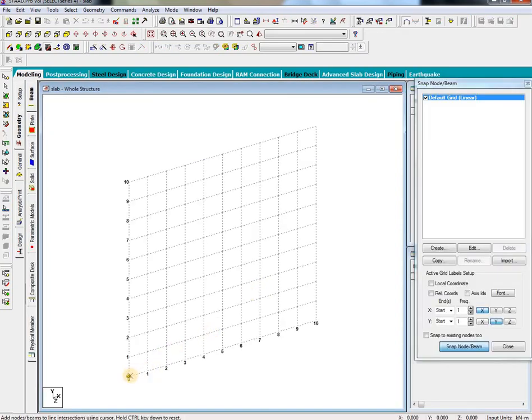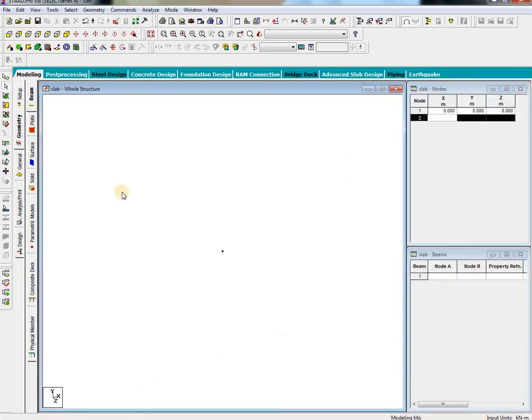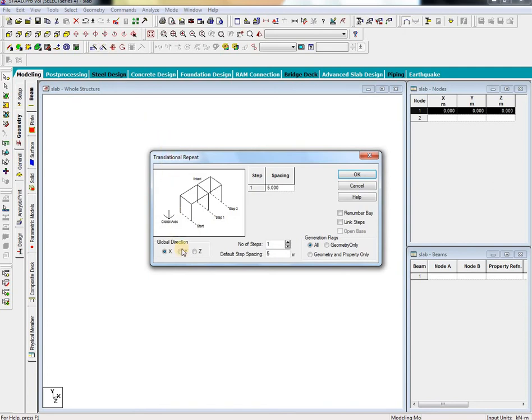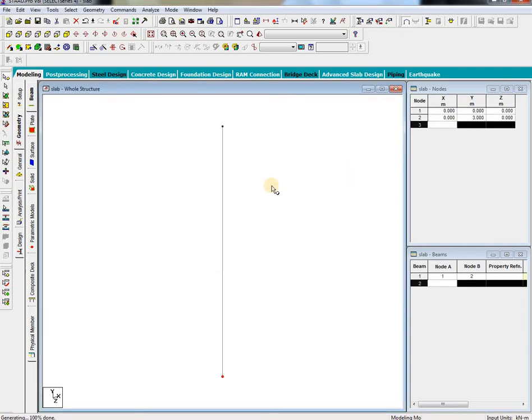Just click the base point, then close this grid and select the node cursor. Select this nodal point, go to translation repeat. In that, in Y direction, one number of step, that is 3 meter height. Then link steps on, OK.